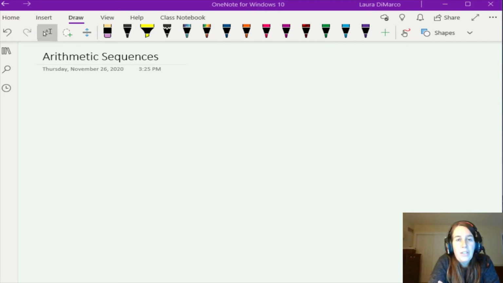Now we are ready to look into specific types of sequences, and we're going to study two types this semester. The first type is called arithmetic sequences, and the second is geometric sequences. And arithmetic sequences is where we're going to start today. So, an arithmetic sequence, for example,